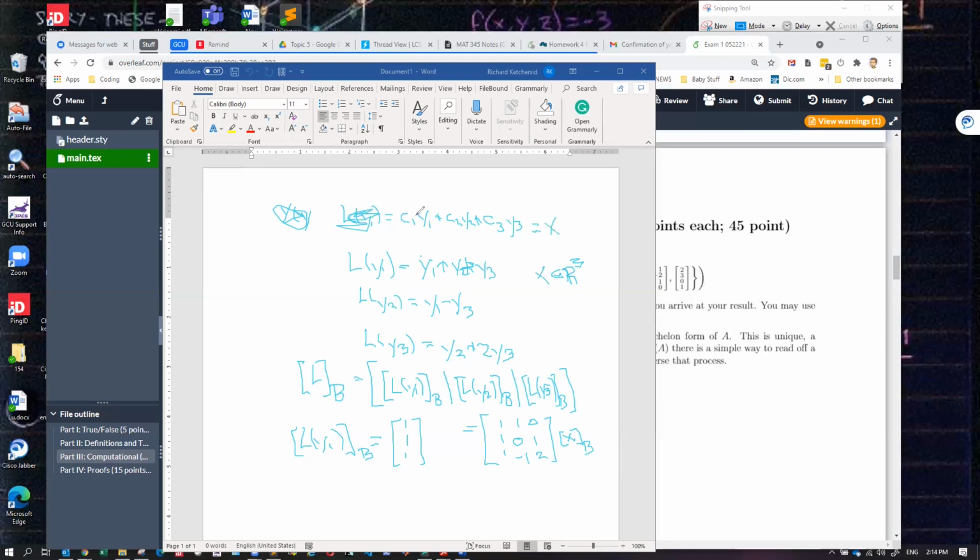So there's my X, some linear combination of Y1, Y2, Y3. So this would be like C1, C2, C3. And when I apply this matrix to it, the result you get out will be another column vector. It'll be the result of L of X written with respect to the basis B. So now everything's in basis B. That's what you get out from that operation, and this matrix right here is the matrix L